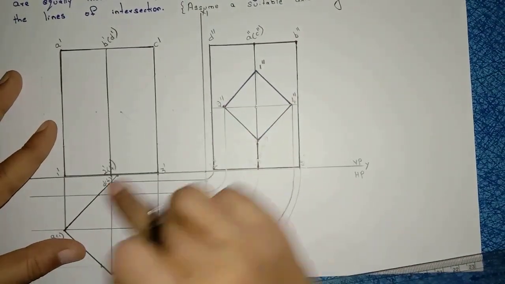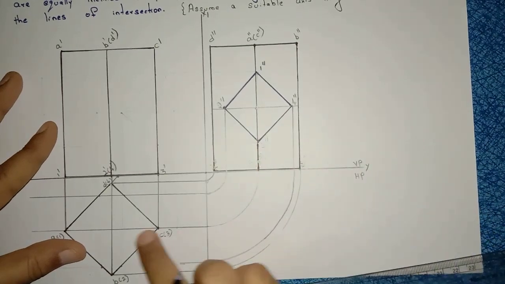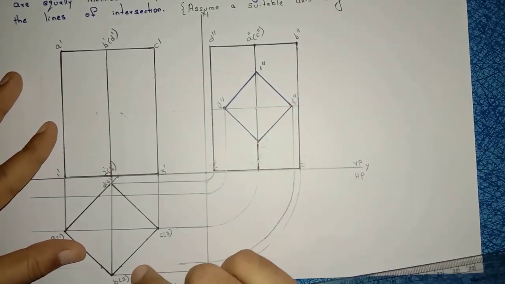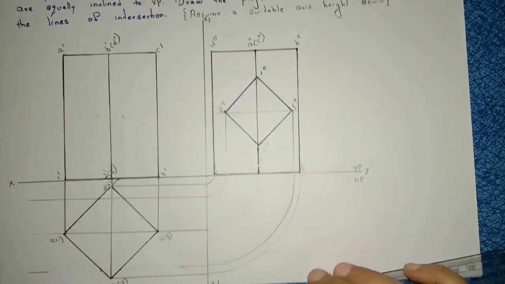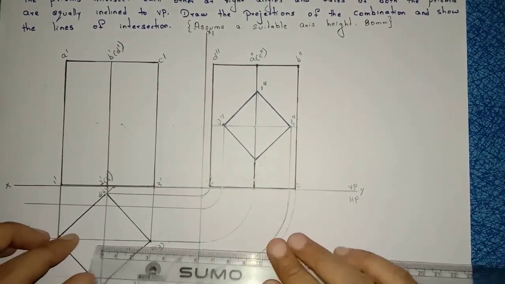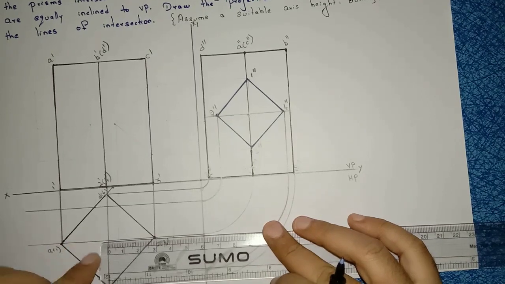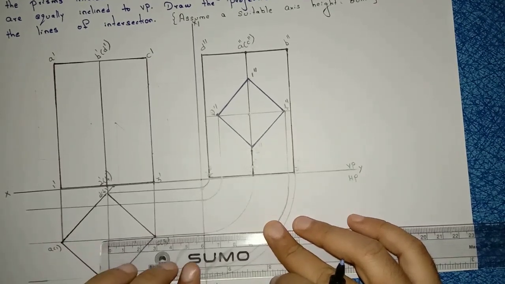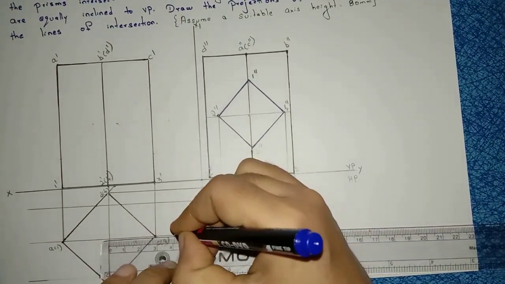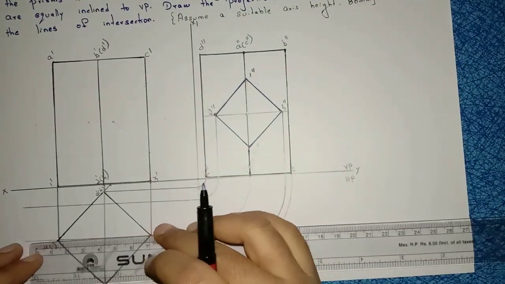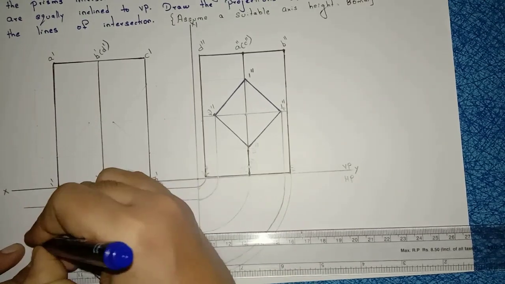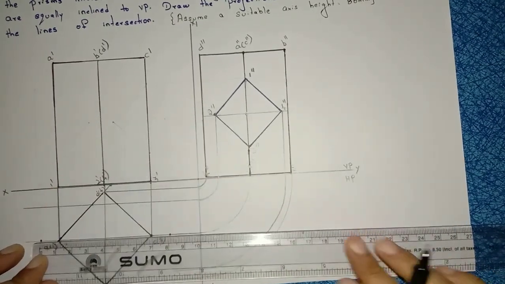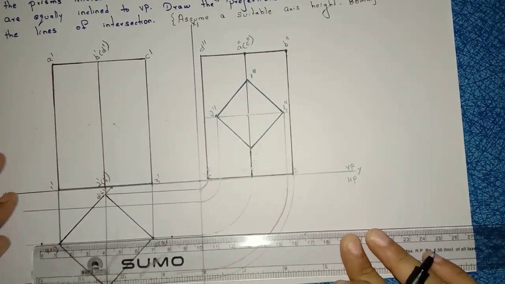This is the 2'' line. This is 1'', 3''. This is 4''. Right? So I am taking the midpoint of 1'', 3''. I am placing my scale on the midpoint. Right? 80 means 40 this side and 40 this side. I am marking a total of 80 mm, 40 and 40 here.